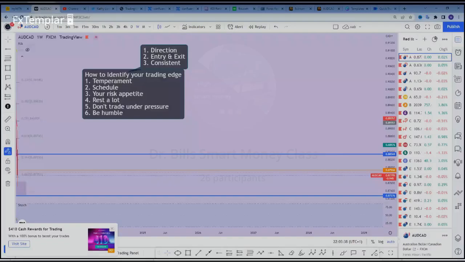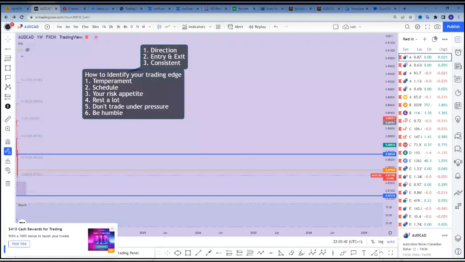And that was why I asked that question when we started. What is the best strategy in the world? The reality is there is no best strategy in the world. And that was why I've shown you here tonight that the strategy that works for you is dependent on these 6 things. Whatever strategy is going to work for you is dependent on these 6 things.